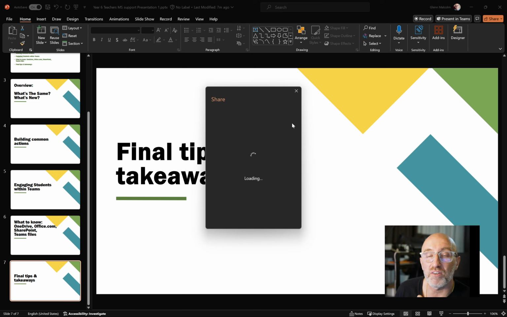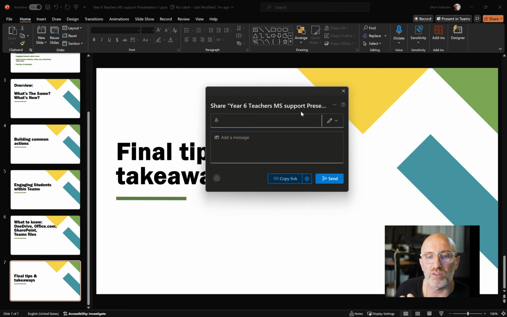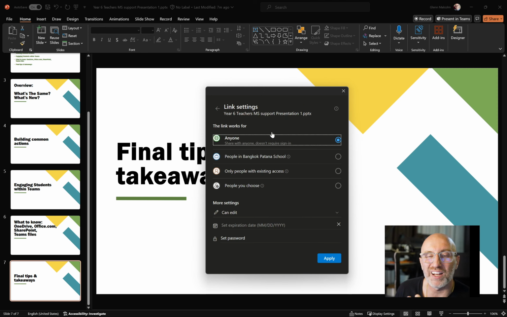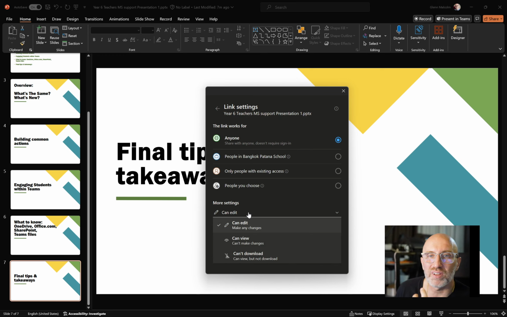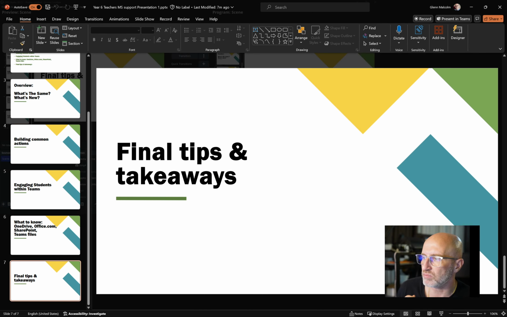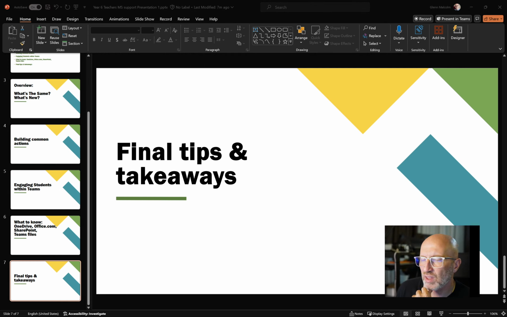So the share function in here will bring up what's called the share sheet, and you will get a very similar share box that lets you go and change the permissions in here, and it looks exactly like it does on the web, as I showed in previous sessions. The one thing is that by default it is in edit and not view, so that's the reversal of what happens in Google. That sharing is for that file only. However, as I talked about, you can share just the file itself